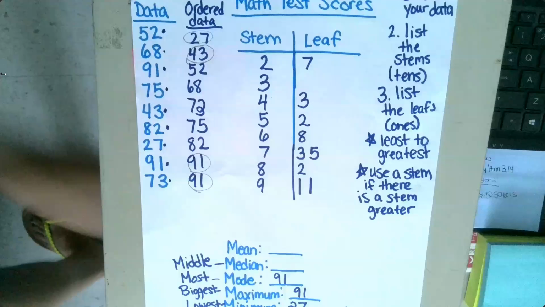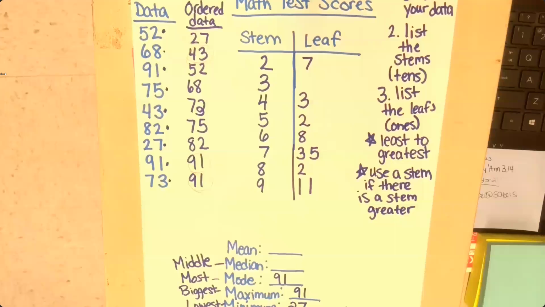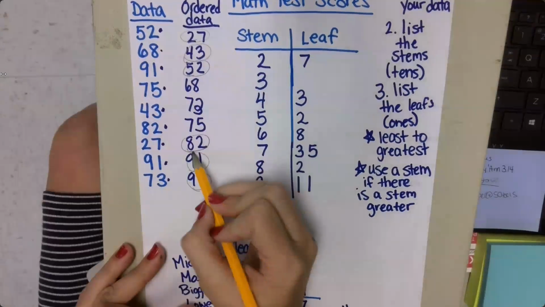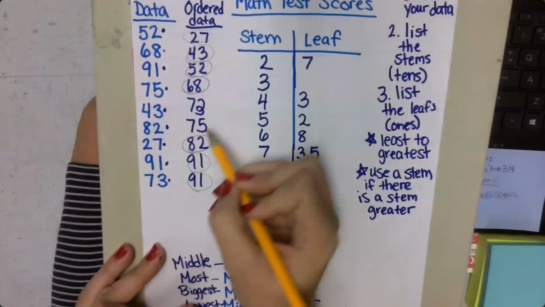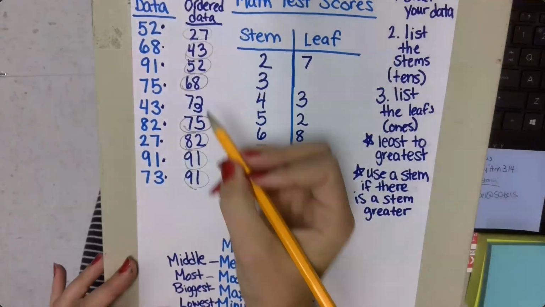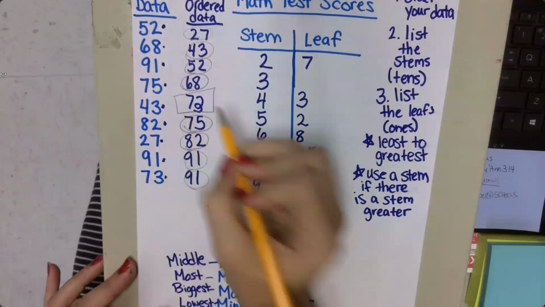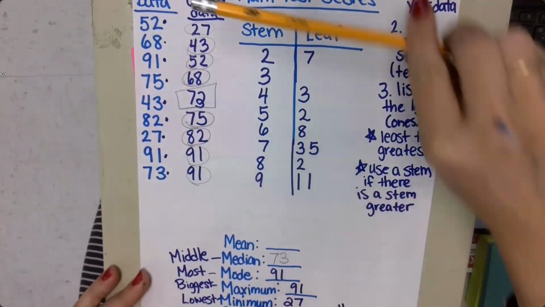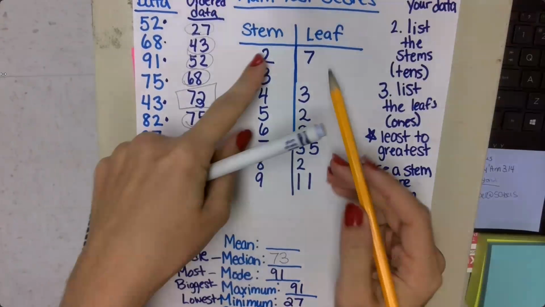The least and greatest. The least and greatest. And I'm going to keep going. The least, greatest, until I have one stuck in the middle. And that one in the middle is my median. In this case, 73. Now I'm going to show you how to do that on your stem and leaf plot